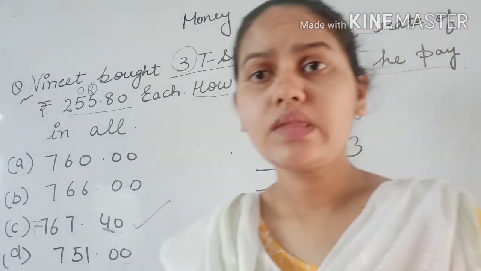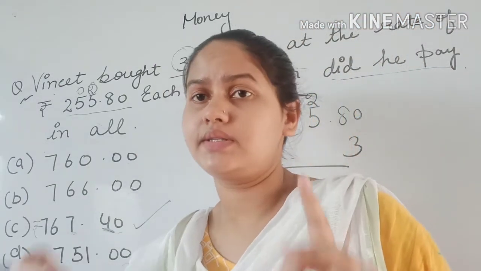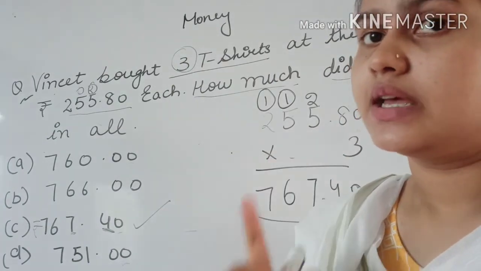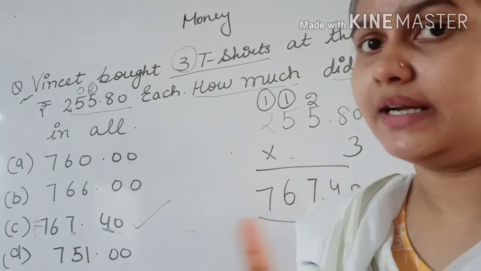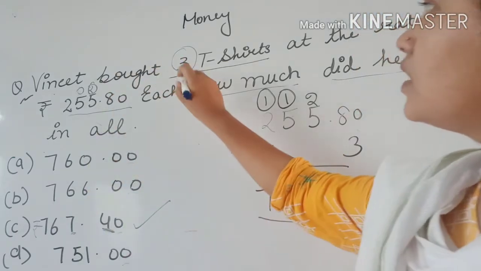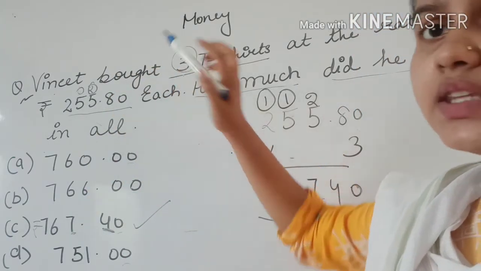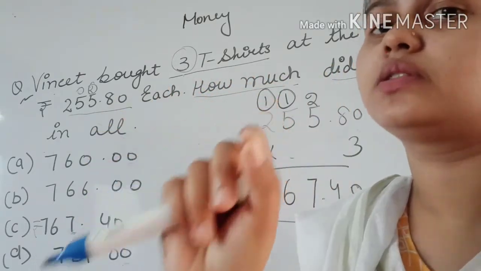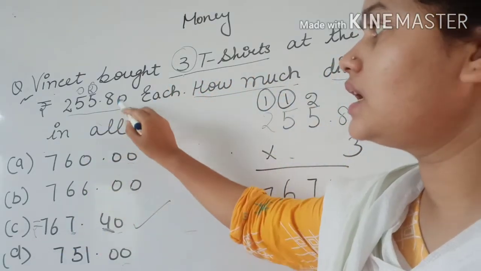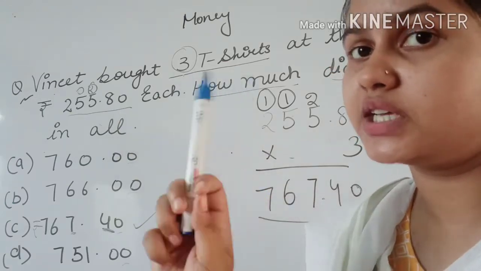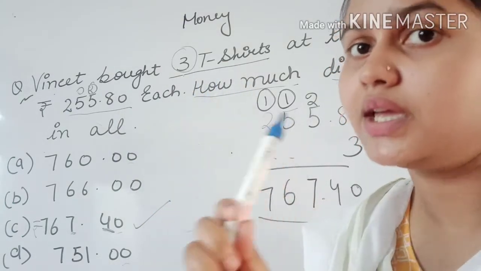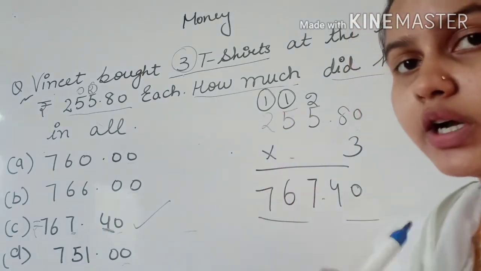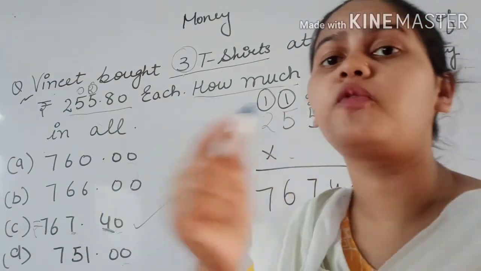Okay. So remember to write rupees. Okay, now students, listen very carefully. Again I am repeating my words on how you have to do the multiplication. See, here is 3. The 3 t-shirts he bought. We know how many t-shirts he bought? He bought 3. But the amount of only 1 t-shirt is given to us. Okay, only 1 t-shirt amount, which means the CP, cost price of 1 t-shirt is given to us, and what we have to find out?